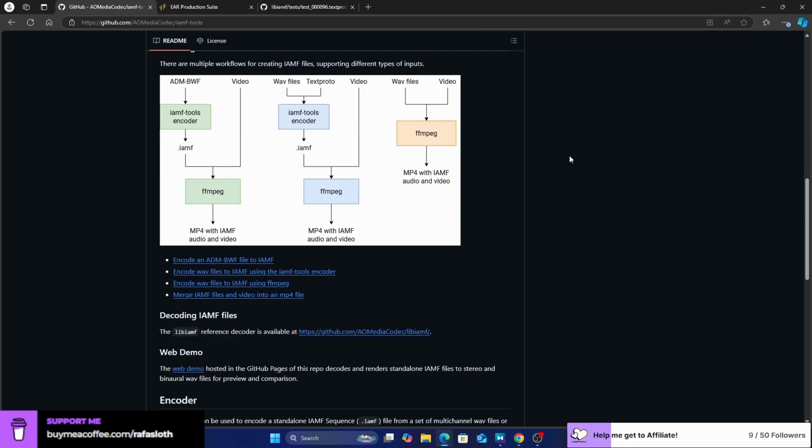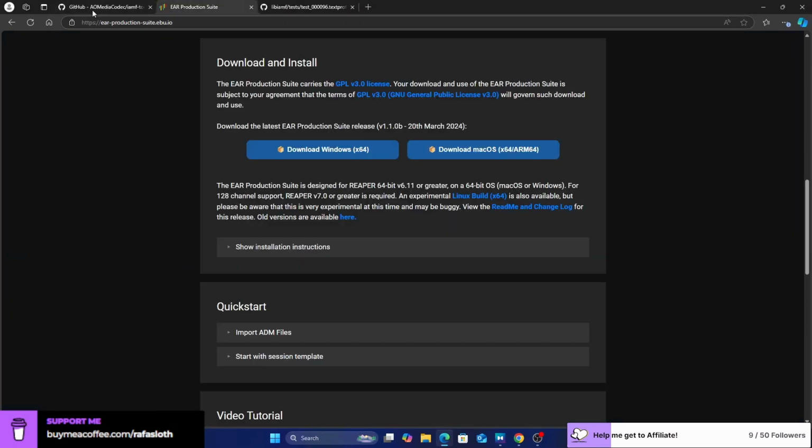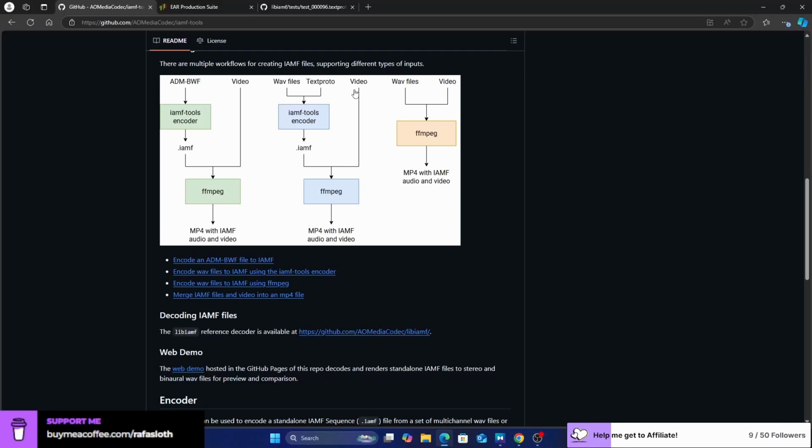I already knew that FFmpeg was compatible with IAMF. I just didn't know how to exactly use it. But good news, the guys maintaining this repository added examples of how to actually do that with FFmpeg. You could actually avoid using the EAR Production Suite, avoid writing text profiles by hand, and you can just use